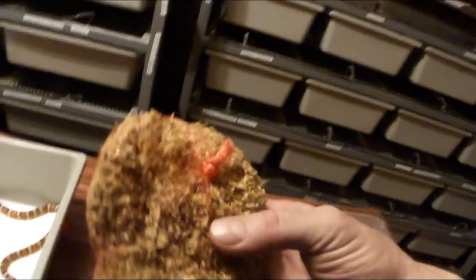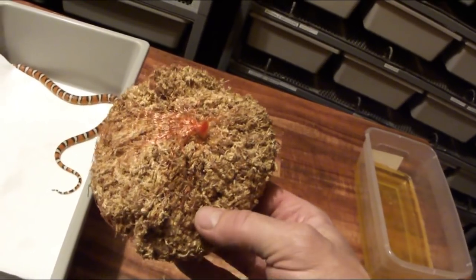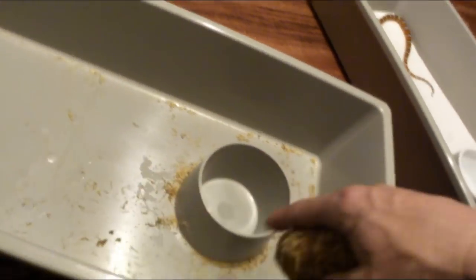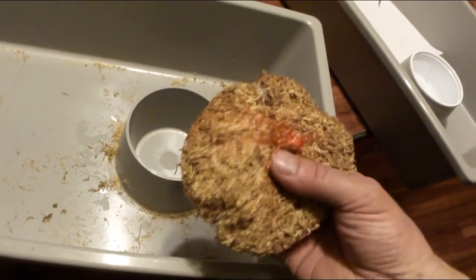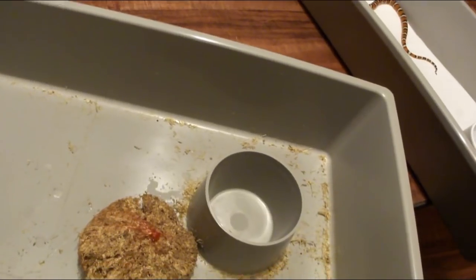But probably what I'll do is get rid of this netting. I actually had a viewer say, hey, why not use pantyhose? And I thought that was a great idea. If you look at the bottom here, this is basically everything that falls through this netting, and it makes a mess throughout the tub. And pantyhose is a little more expensive,